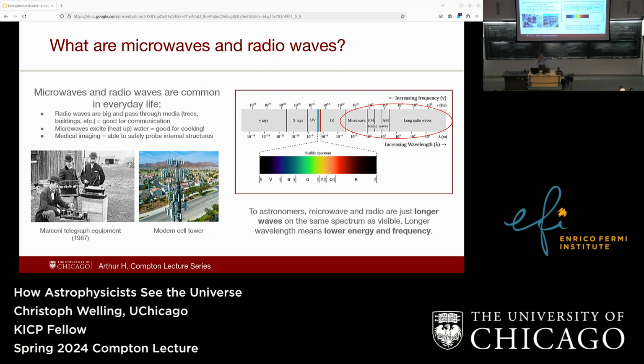Oh, can you guys hear me okay? Okay. Another cool thing we can do with things like microwaves is they're part of MRIs, which we can use to probe structure because they pass through things. So here we have an instrument from 1887, and then a modern cell tower, which these are now everywhere, about 140 years later. We're really using this electromagnetic spectrum. But I'm not here to talk about how we can use microwaves, although that is interesting. I'm here to talk about what microwaves exist naturally and what we can learn from microwaves.